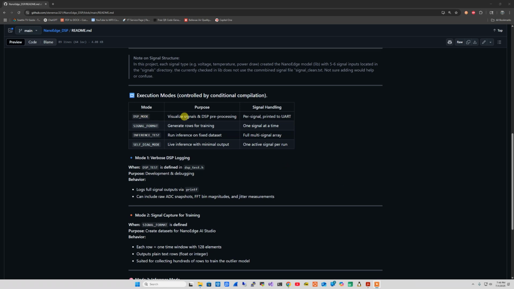So you have DSP mode, and that's just for when I'm getting those signals and we're just processing them, running some DSP library function on it, whether it's FFT or getting magnitudes or jitter measurements or filtering, normalization of a signal, whatever it is. And then we just print that out. And then I have signal format, and that is basically, I gather that data and then I pipe it out